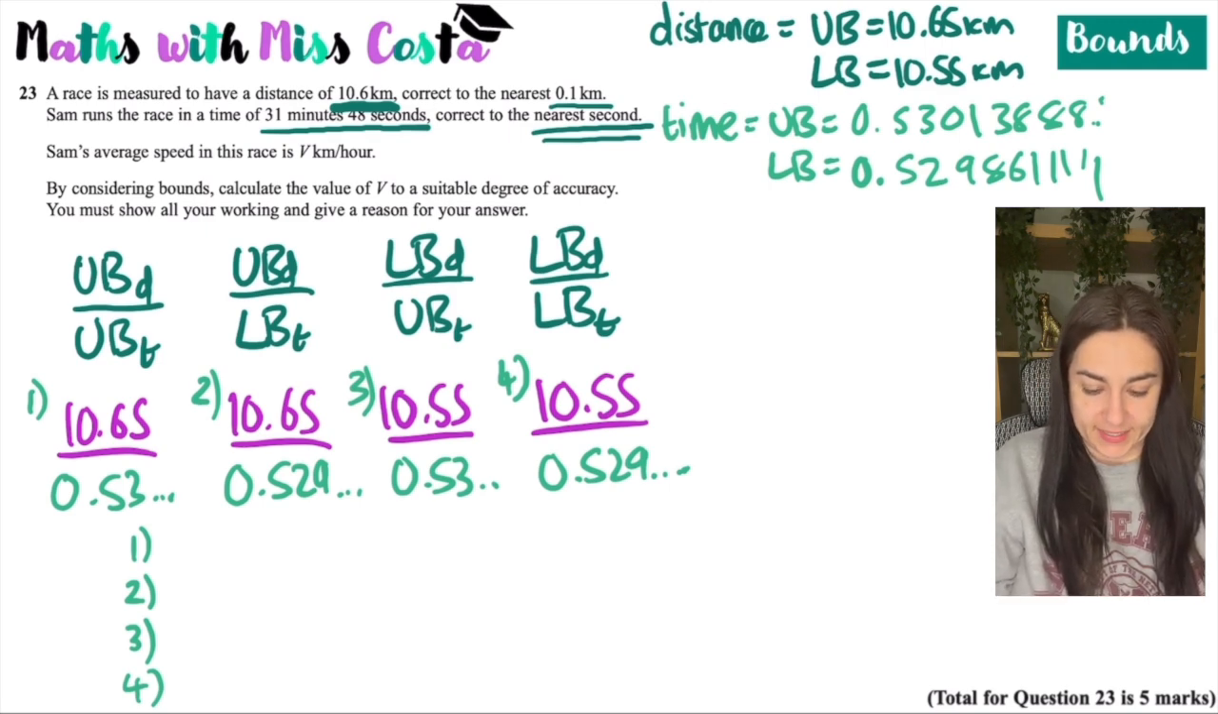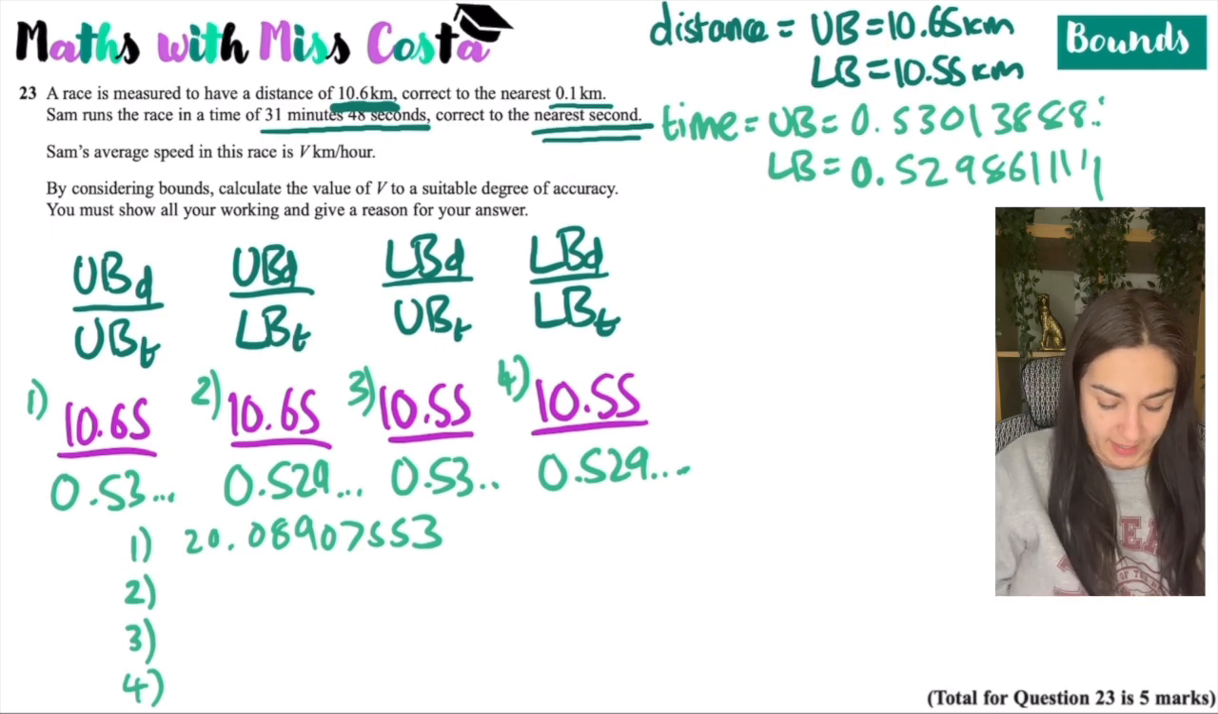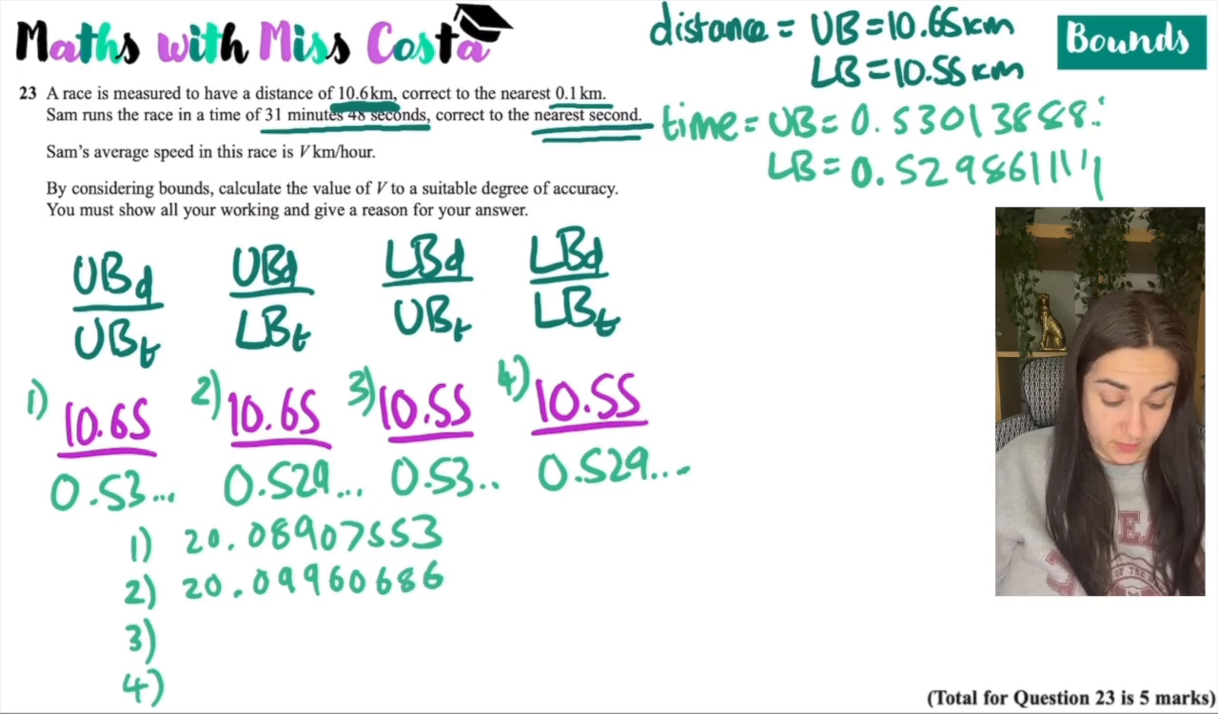So 10.65 divided by 0.5301388 is 20.089075553. Do the same thing again. So 10.65 divided by 0.5298611 is 20.0996066. Then I do 10.55 divided by